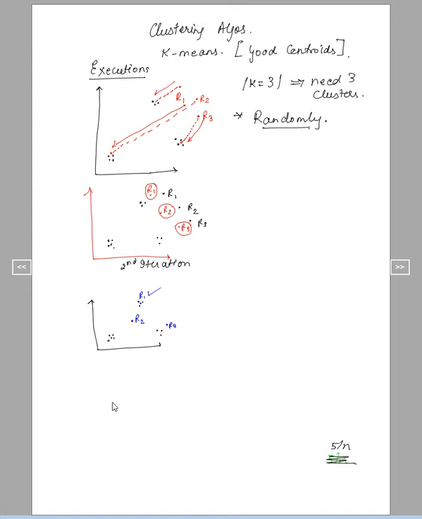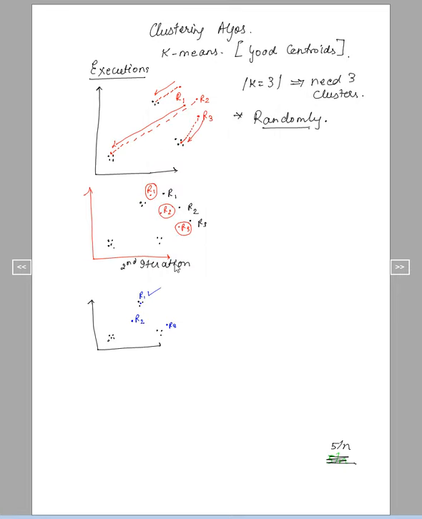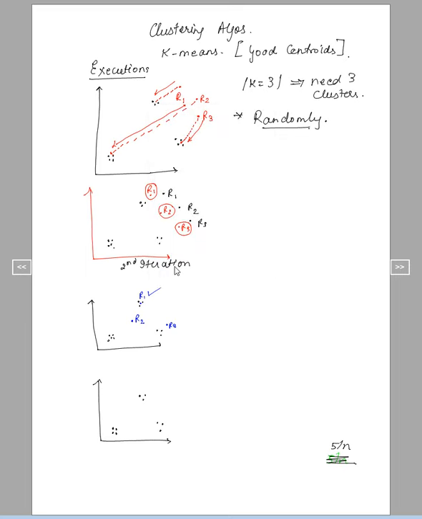So in the next iteration, we go on, and eventually our centroids will be arranged like this. This is R2, this is R1, and this is R3. These are the represented centroids which help us identify the clusters.